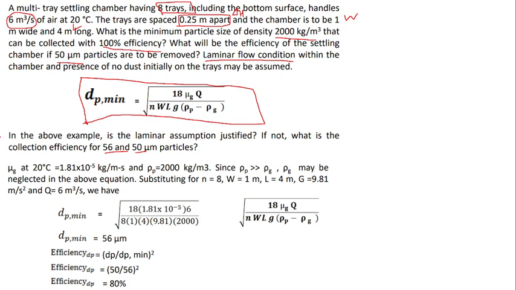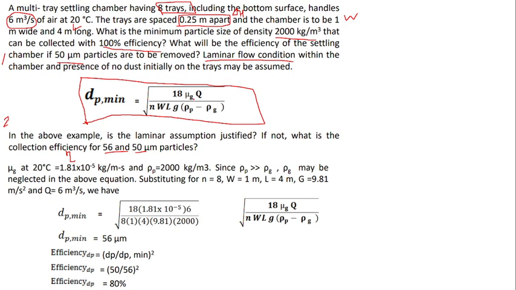Then the next part, the second part: in the above example, is the laminar assumption justified? Whether it is truly laminar or not, we have to check it. If it is not laminar, what is the collection efficiency? Again, we are going to calculate the eta for 56 micron particles as well as the 50 micron particles. So now, to obtain the value of dp minimum, the minimum diameter of the particle, using this formula,